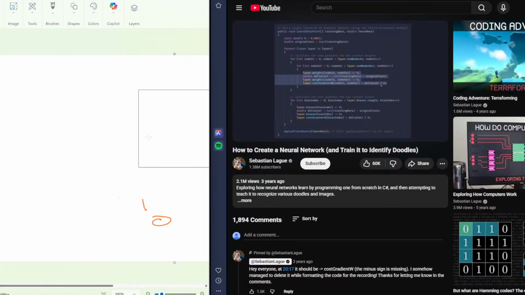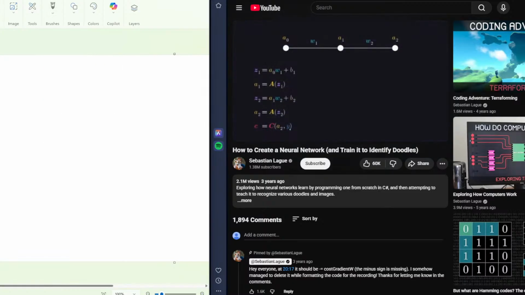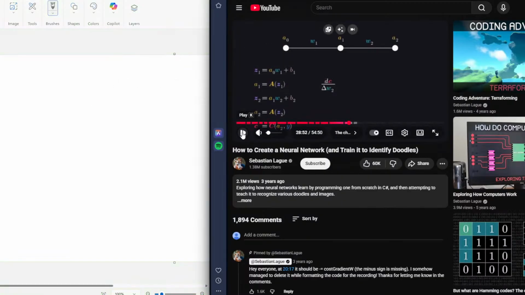Change in any particular weight or bias parameter. So let's say we want to calculate that value for weight number 2 over here. Instead of approximating it, we've seen recently that we can actually get a more efficient answer. So we want to find the value here for weight 2